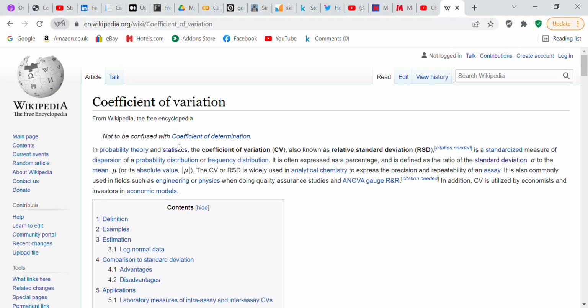In very simple terms, in probability theory and statistics, the coefficient of variation, CV, also known as relative standard deviation, RSD, is a standardized measure of dispersion of a probability distribution or frequency distribution. It is often expressed as a percentage and is defined as the ratio of the standard deviation to the mean, or its absolute value. The CV or RSD is widely used in analytical chemistry to express the precision and repeatability